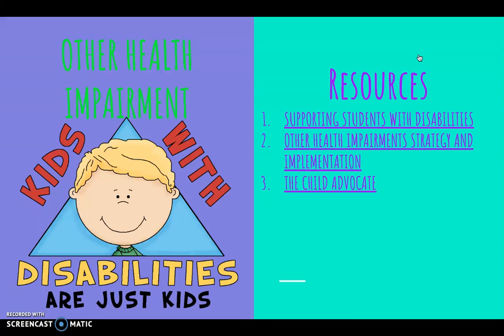The next category is other health impairments. Other health impairment means having limited strength, vitality, or alertness, including a heightened alertness to environmental stimuli, that results in limited alertness in the educational environment in the classroom. It needs to meet the following criteria: that it's due to a chronic or acute health problem, and it may